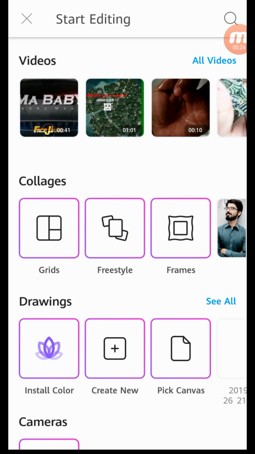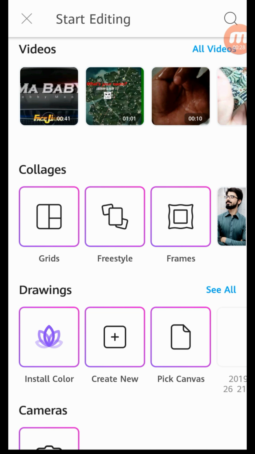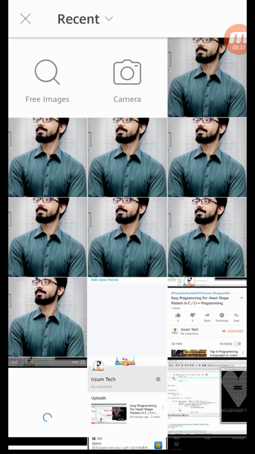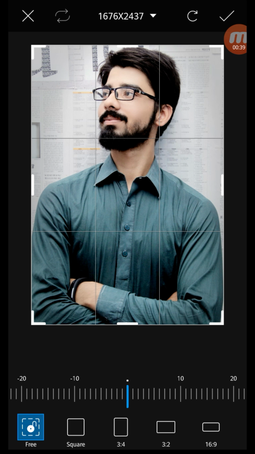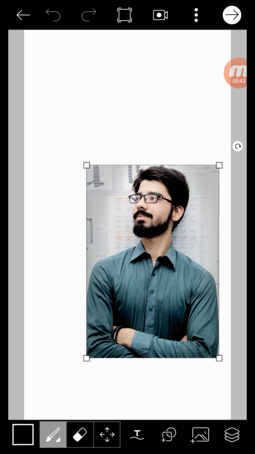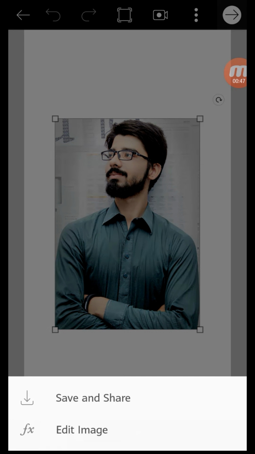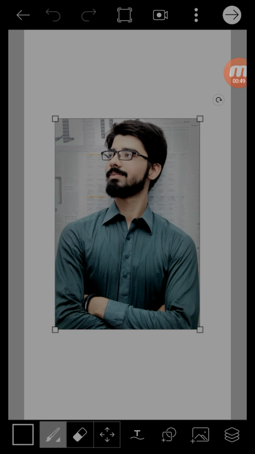After opening it, just go to the plus button right here in the center and then drawings, create new. Here what you're going to need is to open this and select photo, select your picture from here and then OK. After that, just make it a little bit bigger and then OK, edit image,